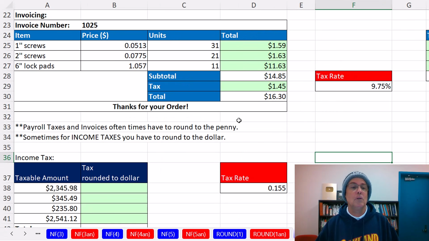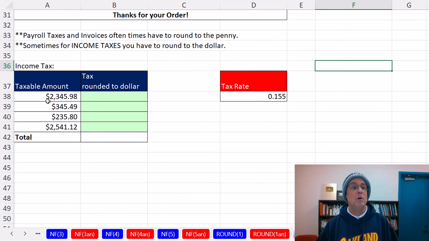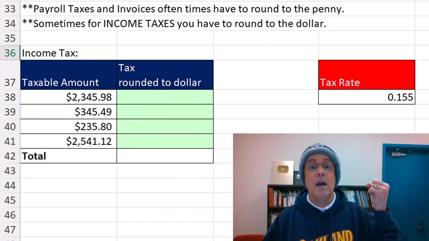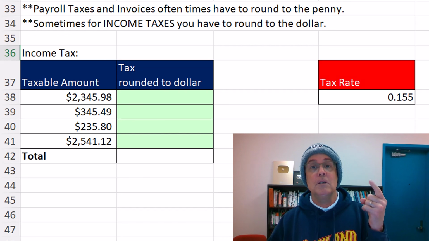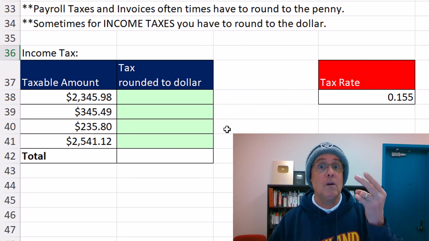All right, let's scroll down and look at our last example. This is an income tax example. We have some taxable amounts. We need to multiply each one of these by a tax rate, round them to the dollar, and then add. Well, do we have all 3 requirements? Well, this is money, so we have to round. I already see some extraneous decimals, and we're definitely using the results of our formula